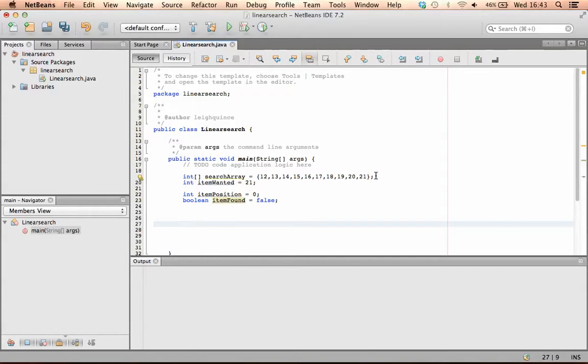So I'm going to start my while loop, and I want to loop through the array until I get to the end of the array, or I haven't found the item. So I'm going to say while item position is less than search array dot length, and